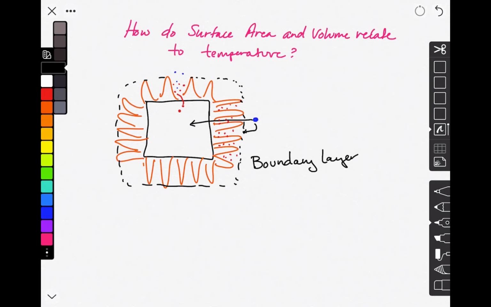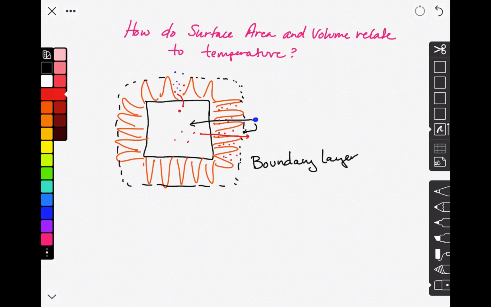And that boundary is going to keep the heat inside of this animal, because just as it's harder for the cold molecules to get through to the inside, the heat molecules have a harder time making it all the way to the outside. So hopefully that very quick rundown helps you to understand a little bit more about how surface area and volume influence this